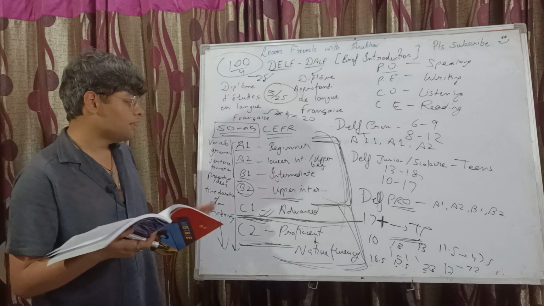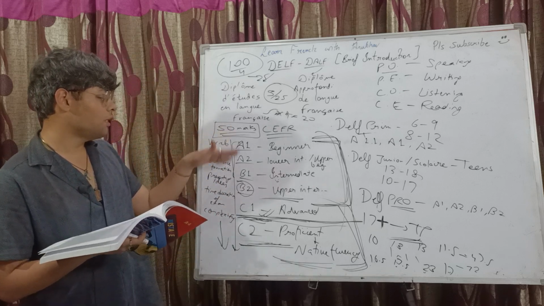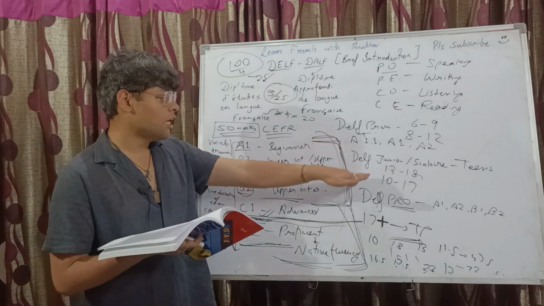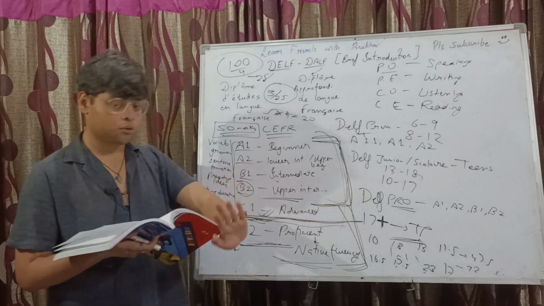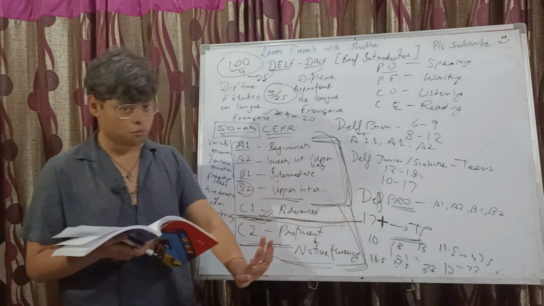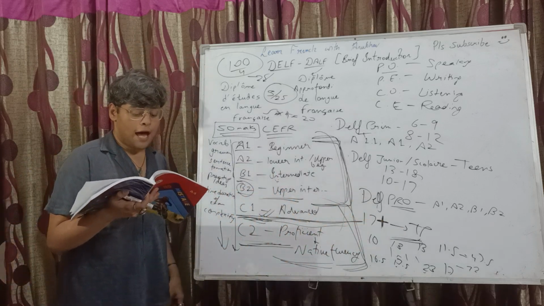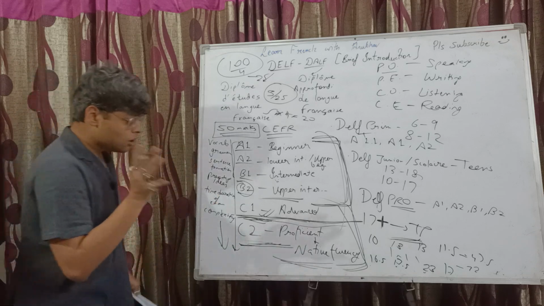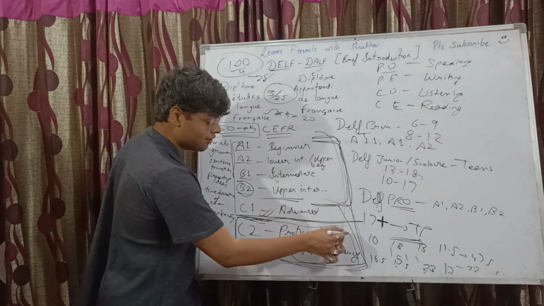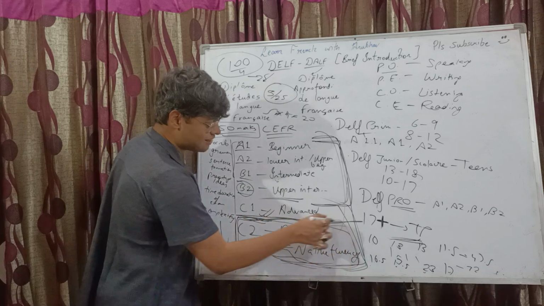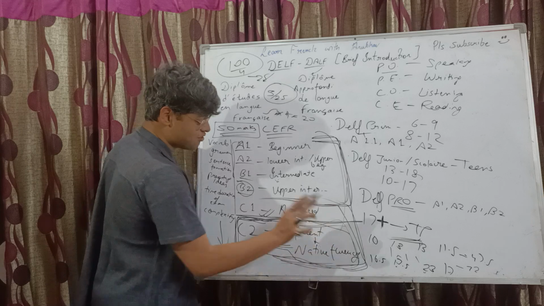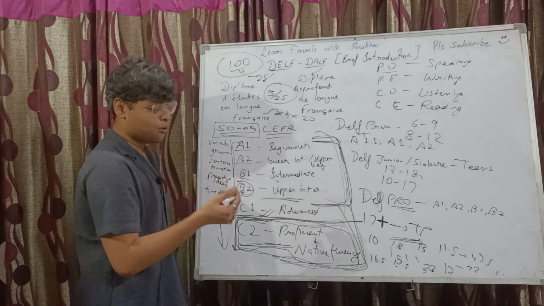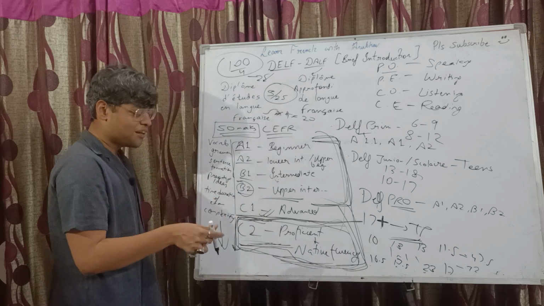Now, in the upcoming weeks, as I have said, I'm going to talk about these levels only. C1 I'm not touching as of now, and I'm not touching DELF Junior, Scholar, Prim, Pro. I'll be directly focusing on 2 public, right? And now coming to C2, my dream, you can call it. In fact, it's the dream of every French learner to attain that proficiency, the diploma of that proficiency, right?